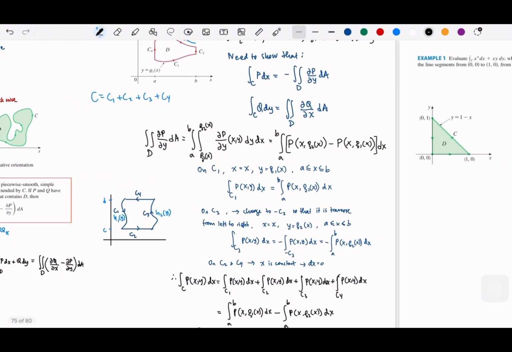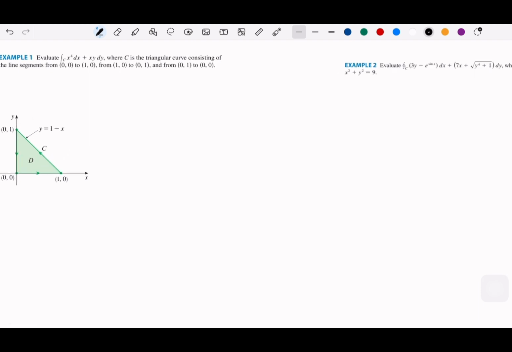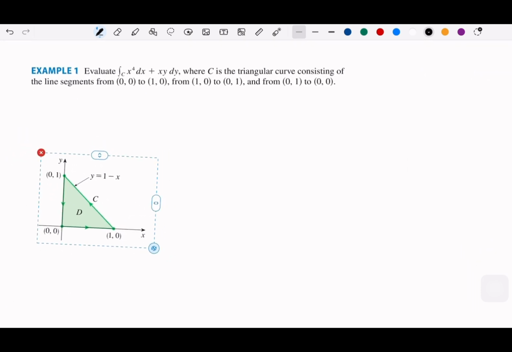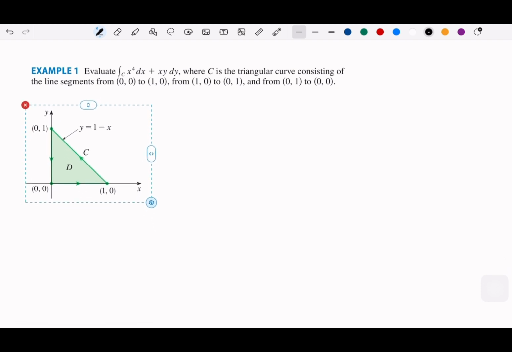Okay, so let's start with the first one here. Suppose that we have the line integral x to the power of 4 dx plus xy dy,